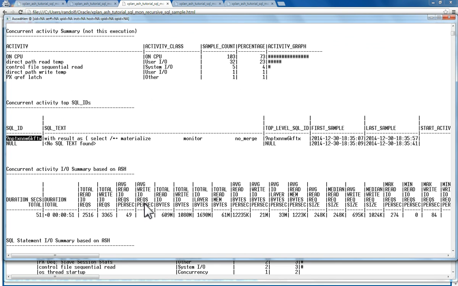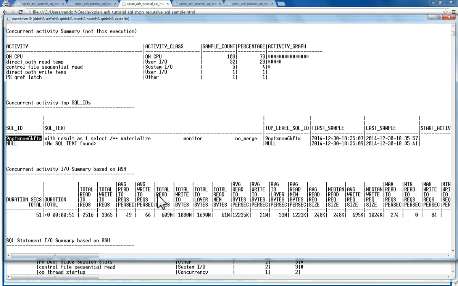So this is from 11.2 on. This gives you a summary of all the I/O activity that could be found for this concurrent activity. So more or less everything which you can extract from this active session history samples, starting from read requests, write requests,